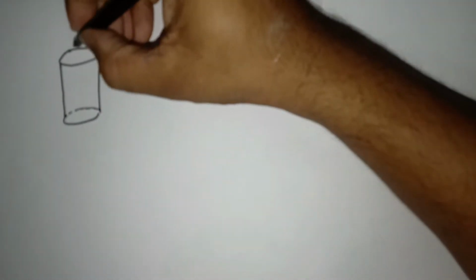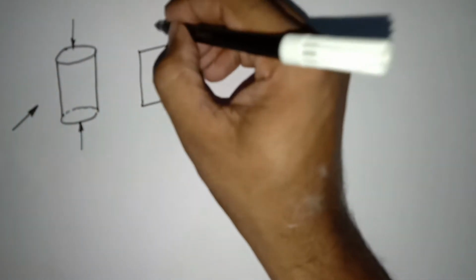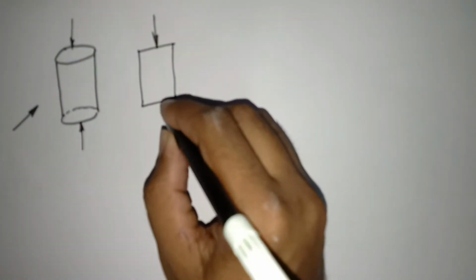So in the previous video you might have seen a cylindrical rod, which is acted upon by a compressive force, a vertically downward force. If you watch the cylinder from the side view, you can actually see a rectangle, right? Even though the force is acting in the vertically downward direction,